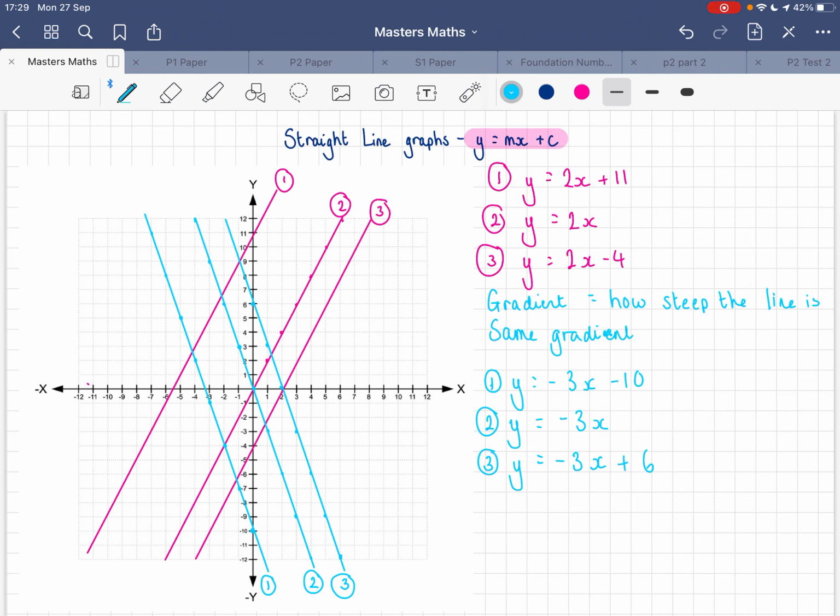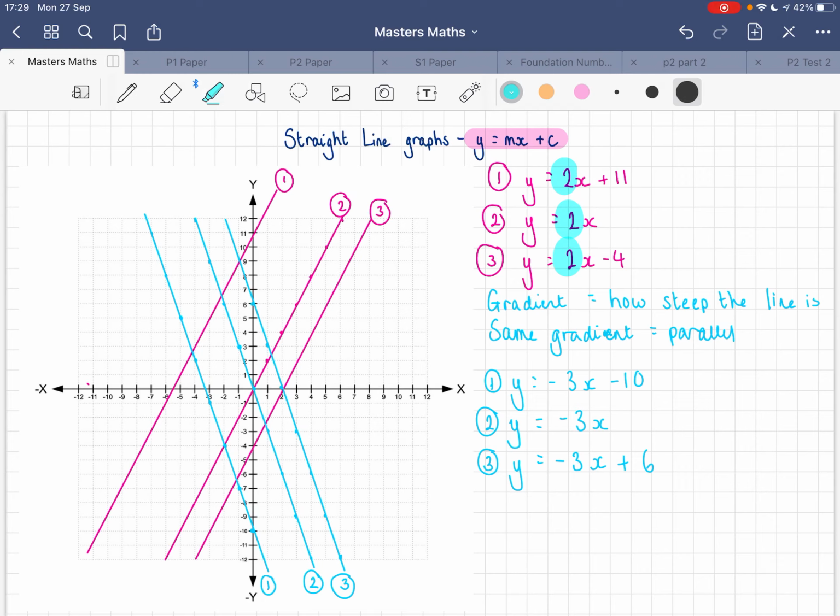Now, what we can notice is that we know they have the same gradient because they're parallel. There's also something similar about all of their equations. So we've got y equals 2x plus 11, y equals 2x, y equals 2x minus 4. All of those 3 equations have a 2 in front of the x. That 2 is telling us the gradient. So the number in front of x is the gradient of the line. So for these 3 examples, 2 is the gradient of the line,